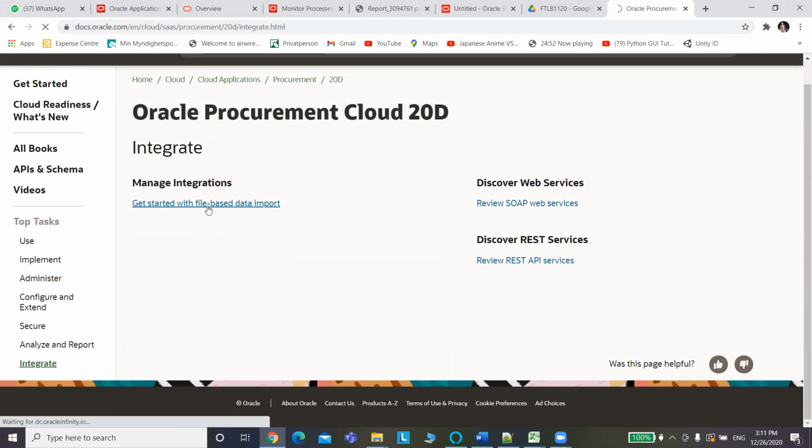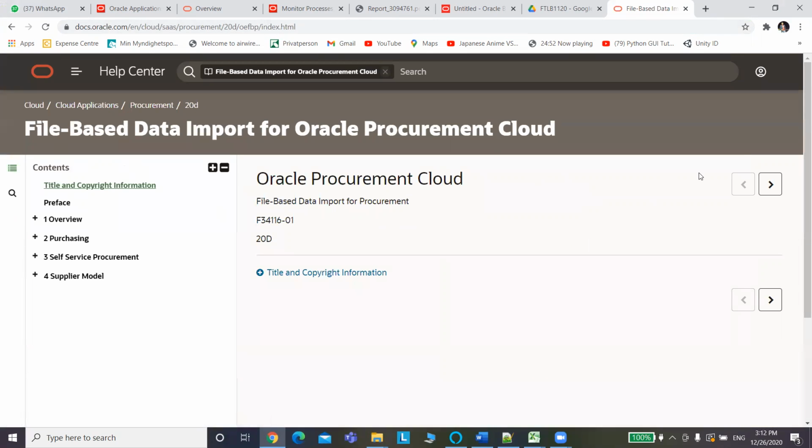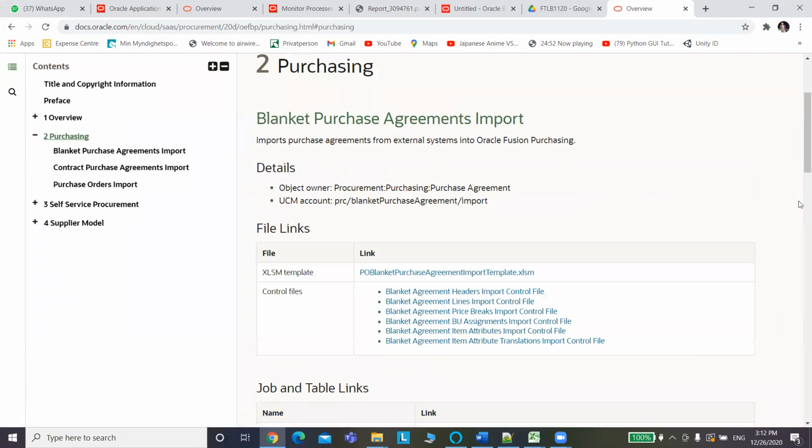Get started with file-based data import. Yeah, so you can see here, if you wanted to download,